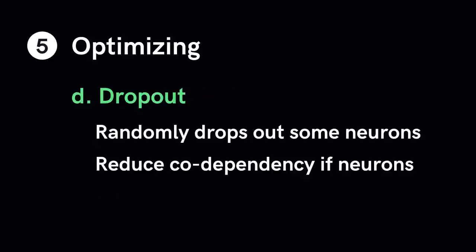Finally, the last method we're going to talk about is dropout. Dropout is a technique used in deep learning that randomly drops out units or neurons in the network. Simply put, dropout refers to the ignoring of a randomly chosen set of neurons during the training phase. By ignoring, I mean that these units are not considered during a particular forward or backward pass.